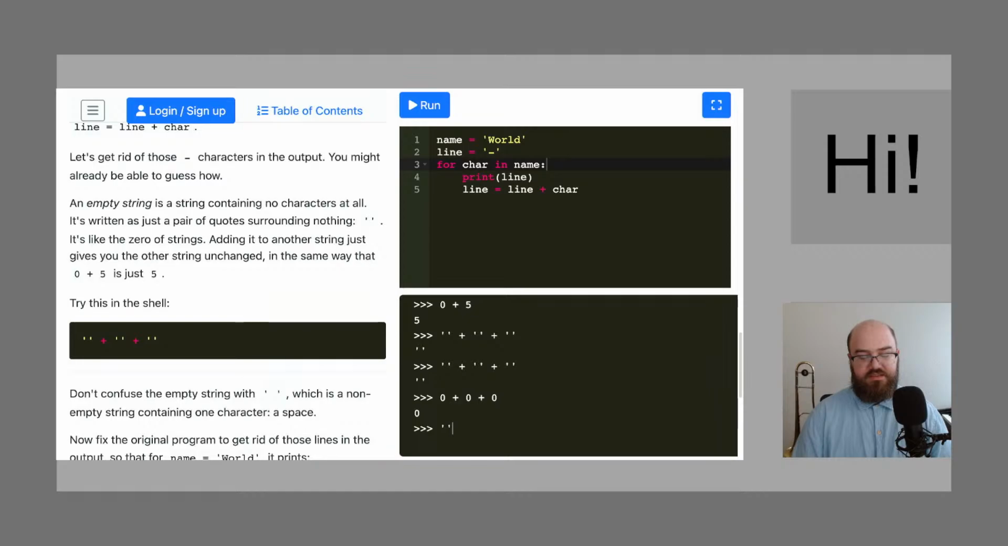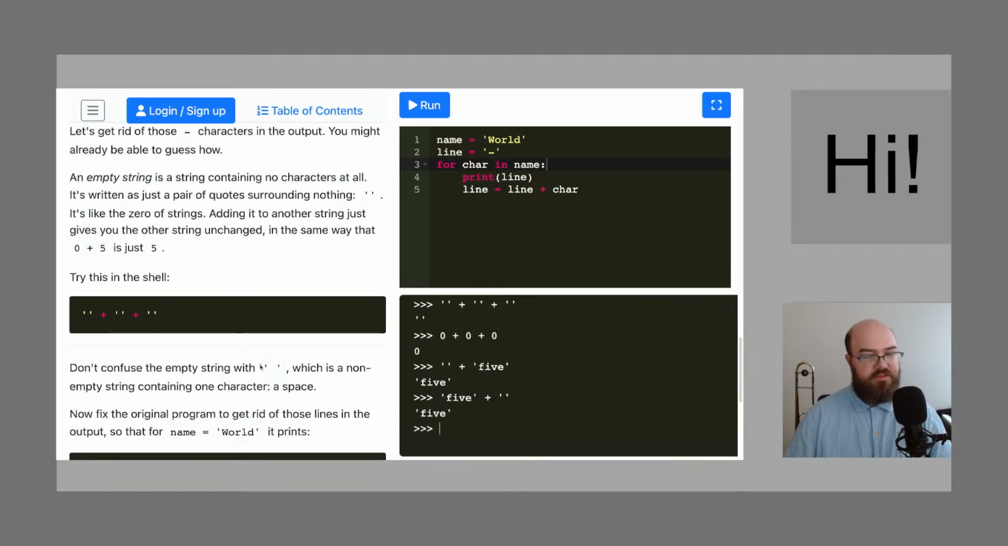We can also do something like empty string plus quote 5, which just gives us 5, and we can do it the other way around. 5 plus empty string also just gives you 5. It says don't confuse the empty string with quote space, which is a non-empty string containing one character, a space. So we look at that empty string and we look at that space string. They're different. Now fix the original program to get rid of those lines in the output